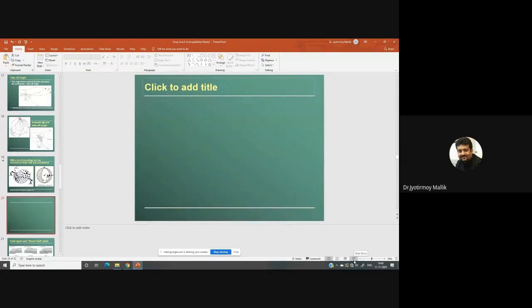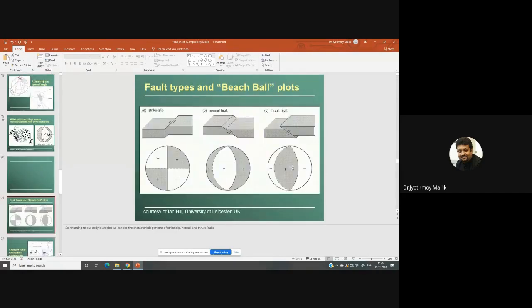I think it's a better idea that you practice one for yourself. Conceptually, how would a thrust beach ball diagram look? I will show you how it looks. This is exactly opposite to the